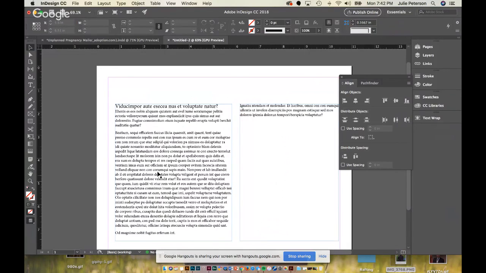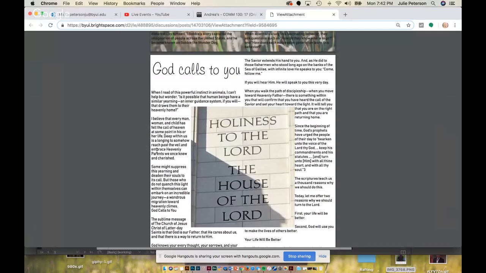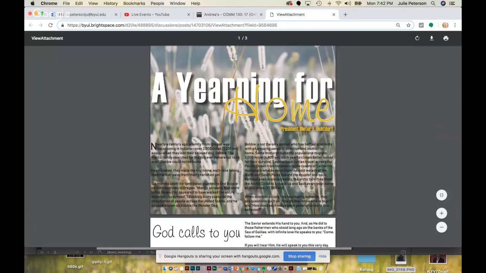So remember how InDesign has these margins set up? Don't ever cross this line with your text. So bring your text in to about right here, and that's all your text. The title, the text, it's not so close. Look at your margins. Text is right there, and not right here. No.